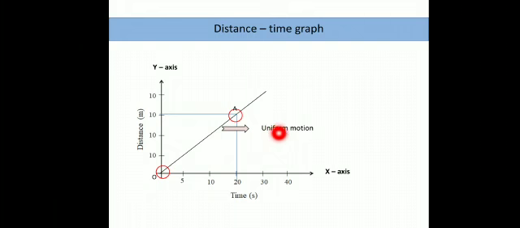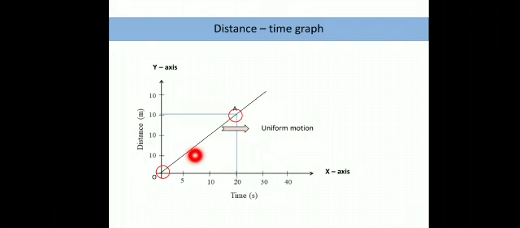Uniform means constant velocity. We have seen that in uniform motion the velocity of an object is always constant, fine. Whenever a distance-time graph is a straight line passing through the origin, it always shows a uniform motion. It shows that the velocity of an object is always constant at any point. Now how do we find out why the velocity is constant?